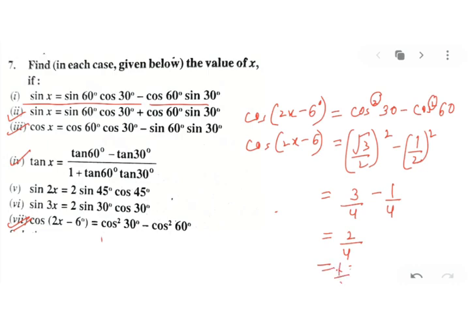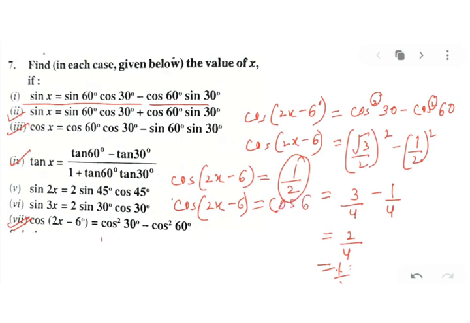So once I open this, I'll get something like this, that is 2 upon 4, hence half. So can I say cos 2x minus 6 is equal to half? Now from your cos table, just check when you are getting the half as the ratio in cos table. So you will notice cos 60 is half. So instead of half, can I write cos 60 degree? Now your cos and cos are cut. 2x minus 6 is equal to 60. 2x is equal to 66 and x will be 33 degree. Is that clear?